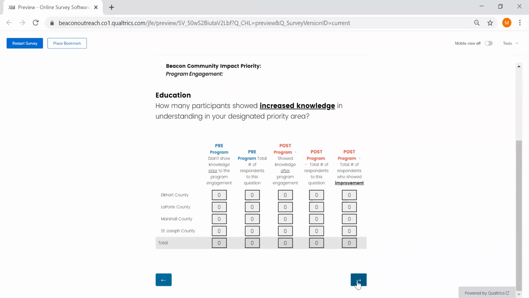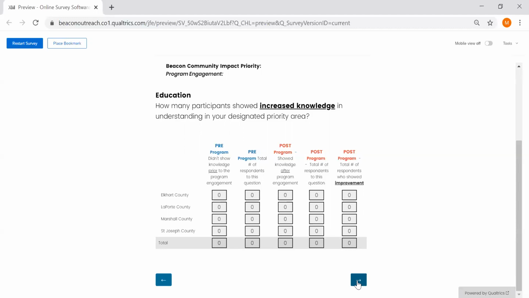The next section is for programs identified as those in knowledge or education impact tier. No matter what priority a program is in, knowledge programs will see 5 questions. It's important to note that to be able to answer these questions, programs will need to have a monitoring and evaluation framework that includes a pre-assessment and a post-assessment, and the ability to compare a participant's pre and post scores.